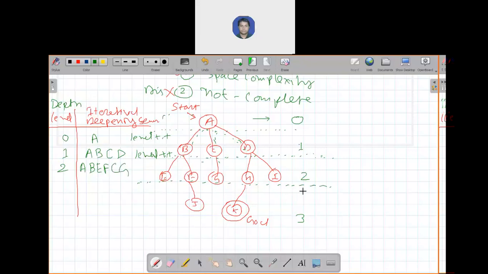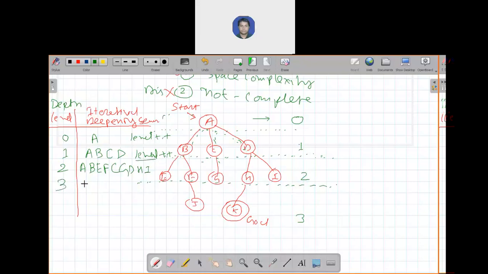Your current search depth is 2, so you do not search the J element because it is in level 3. So G, then D, H. From H you can go to K, but it is in the next level, so you are not exploring it. You will backtrack and write I. The level has been completed and you have not reached your goal state, so you will increase the level by 1.